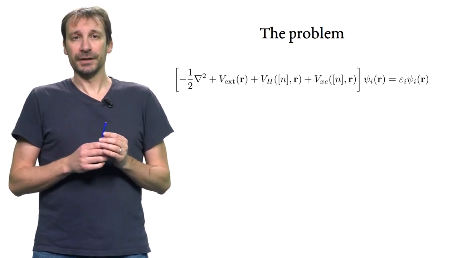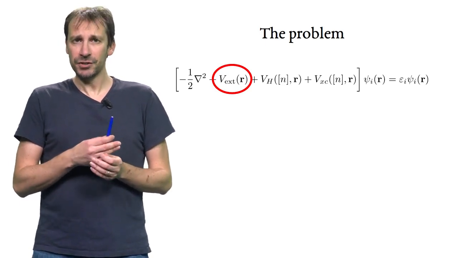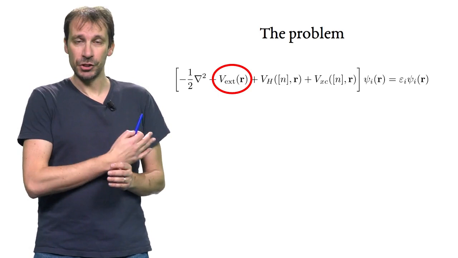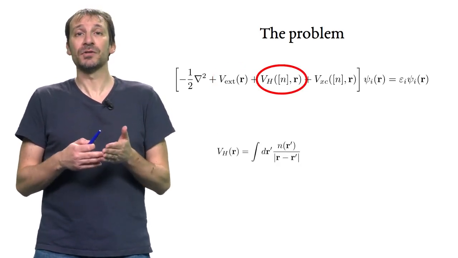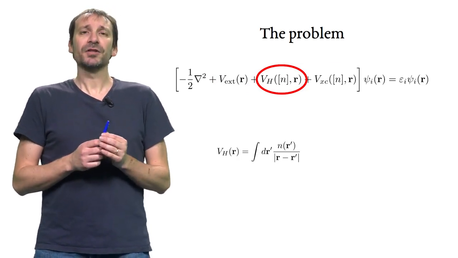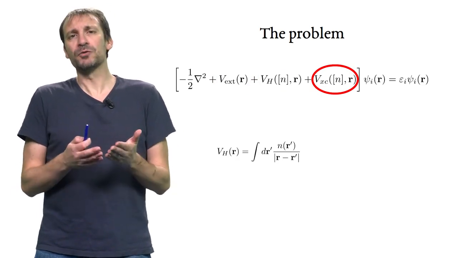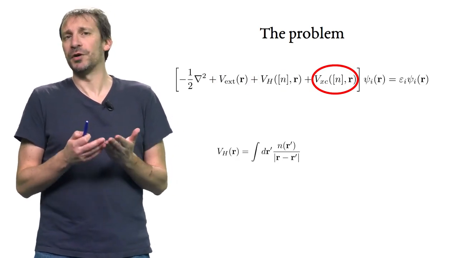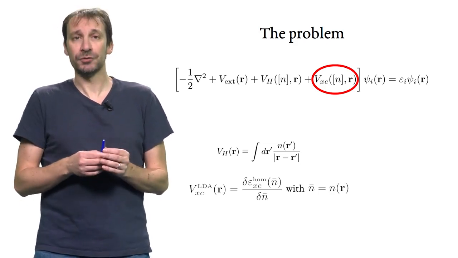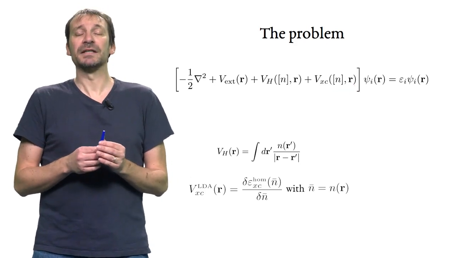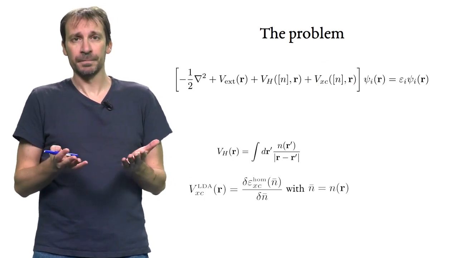Now, the Hamiltonian, in particular the potential part, contains the external potential, a known term, for example the positions of the nuclei, the Hartree potential, that we know how to write in terms of the electron density, and the exchange correlation potential, unknown, that we have to approximate. Let's suppose that we choose an approximation, for instance LDA, written here in terms of the energy of the homogeneous electron gas. If we can write V_Hartree and V_exchange-correlation, we know the Hamiltonian,